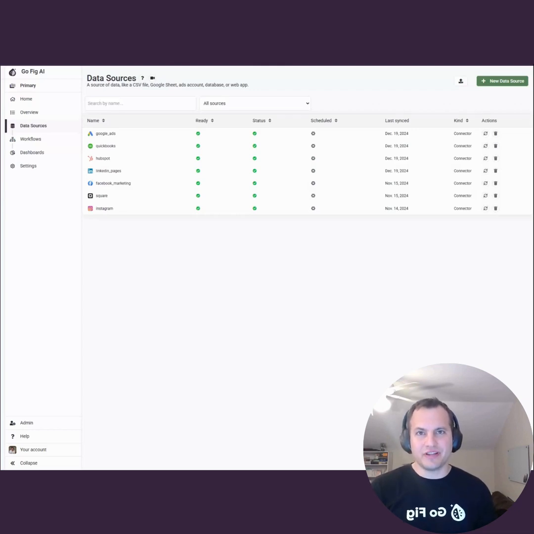GoFig is an intuitive data analytics platform that allows you to pull all of your data into one centralized location so you have full access and control over your own data for analytics, machine learning, and AI. Here, I'm going to demonstrate how you can use GoFig today to build your own warehouse and start doing analysis immediately. In my platform here, I have a number of data sets that I already pulled from QuickBooks, Google Ads,